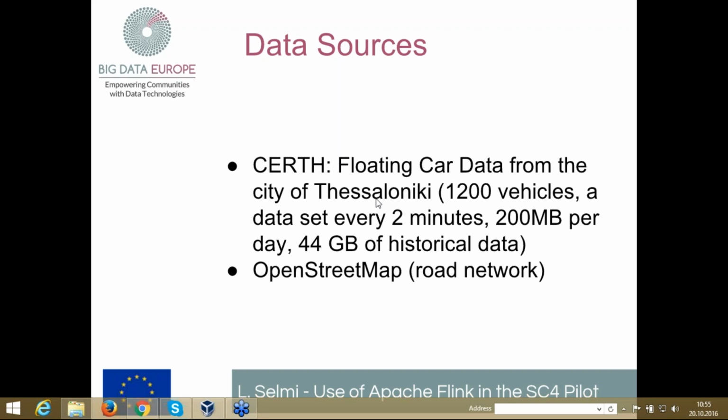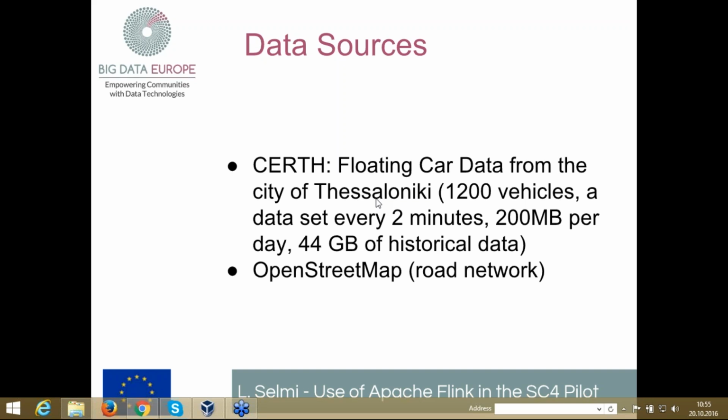And so far the data daily they have quite an interesting data set every day, and also this is the near real-time data, and they have also the historical data, because they collect all the data for 1 year. That is about 44 gigabytes.